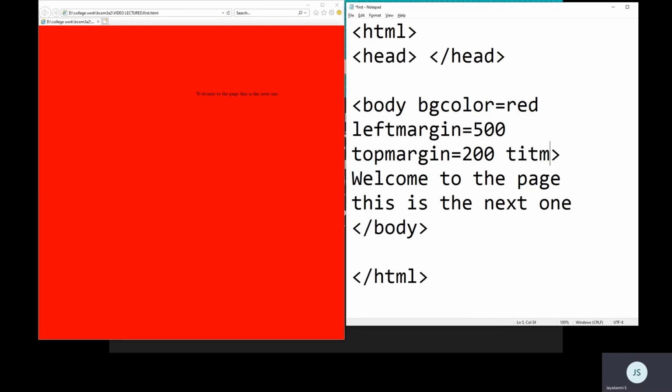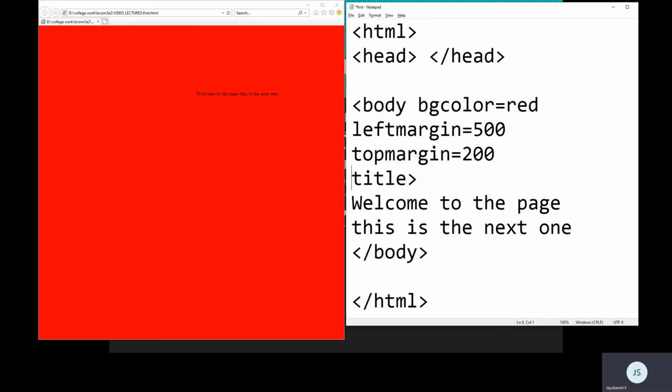Okay, and I have an attribute title. It's a default attribute for all HTML elements, which will help you to display tooltip text. Title, I'll say welcome to the page, welcome, execute. You take your pointer onto the screen and hover for a second, and immediately you can see a pop-up message, whatever is given in the title. It's the body, so any part of the body you move over and wait, you will get a pop-up message. It's given for the complete body document.